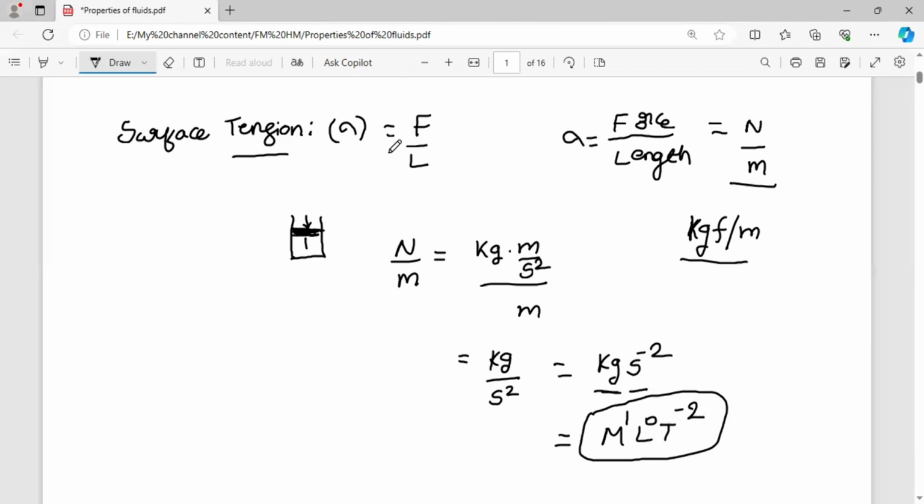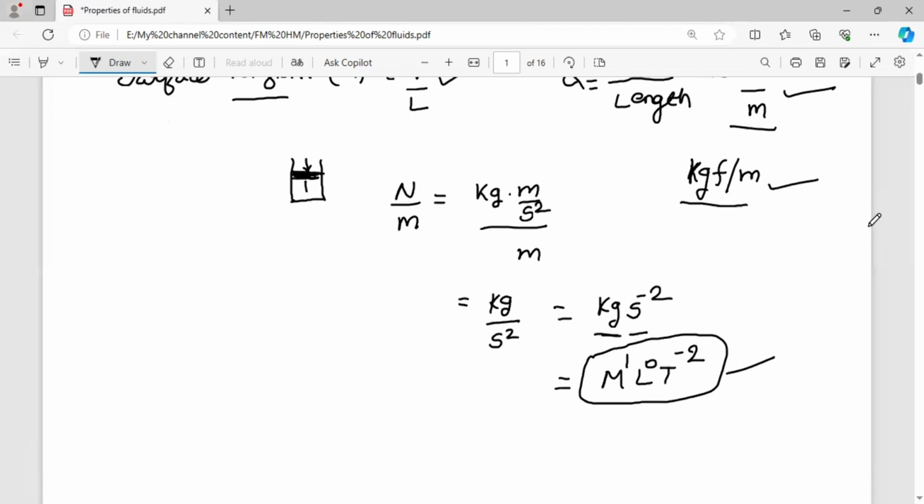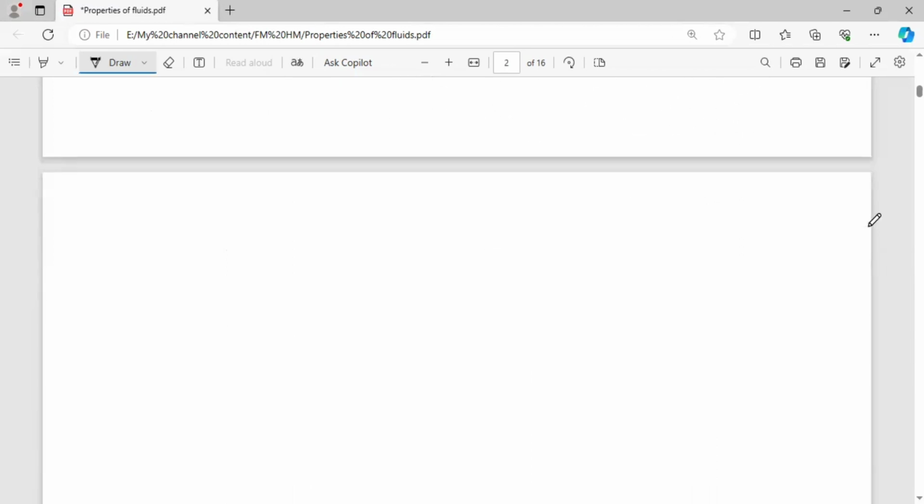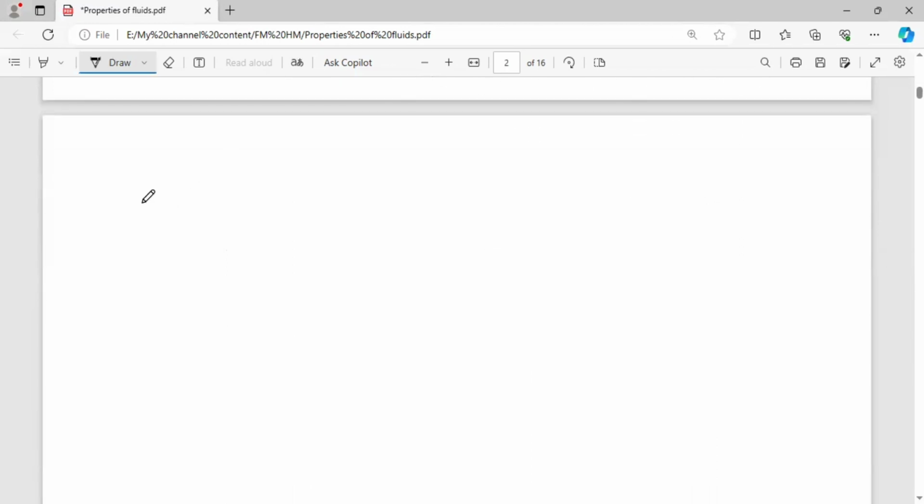The key concept is that surface tension is the force per unit length. Units are Newton per meter, kg force per meter. Dimensional formula is M L power 0 T power minus 2. Next, in this concept, I am considering three different cases. The first case is